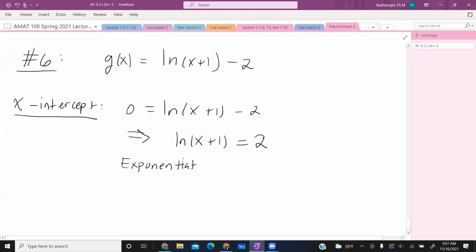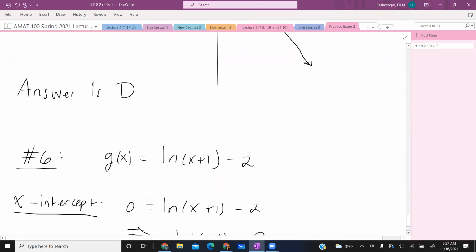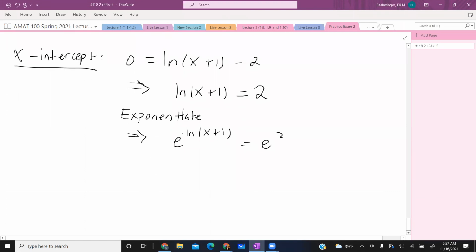I guess if you want, that's one way of doing it, to get e to the ln of x plus 1 is equal to e to the second power. But the exponential and the natural log function are inverses of each other, so these cancel out to give x plus 1 is equal to e squared. And then I can solve for